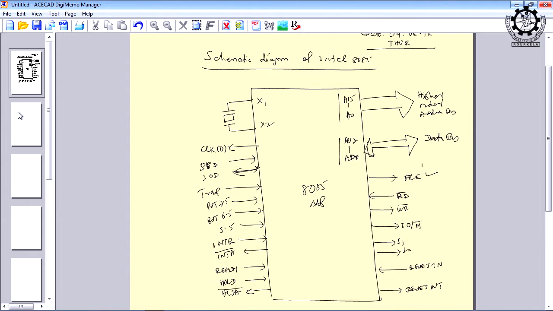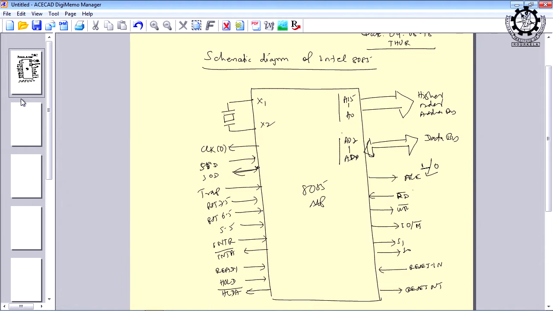So, whenever this signal is high, you will understand that the address bus is carrying the address signal, and whenever it is 0, it is carrying the data signal. Whenever the ALE signal is high, it is carrying the address signal, and whenever it is 0, that means the data bus is carrying the data signal. This is how we can control the same bus to multiplex address as well as data. So, ALE is a signal which is completely associated with address and data signals.